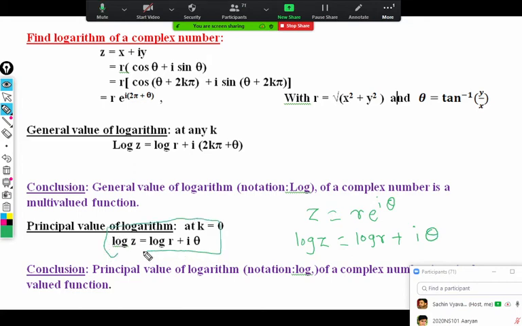And that is how we get this formula. So nothing you have to learn by heart actually. You can understand these formulas just come by taking log on both sides. Only when theta is replaced by theta plus 2k pi, then it becomes a general log. First of all, this is a principal log. General log is replacing theta by theta plus 2k pi. Any doubt? Any doubt in the theory?